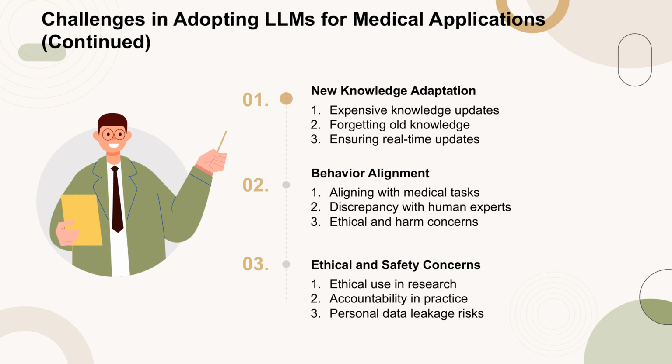Ensuring that LLMs align with the objectives of medical tasks is challenging due to discrepancies between general human behavior and medical professionals. Misalignment can lead to ethical concerns and harm. Lastly, there are significant ethical and safety concerns when using LLMs in the medical domain. These include ethical use in biomedical research, accountability in clinical practice, and risks of personal data leakage, which pose substantial